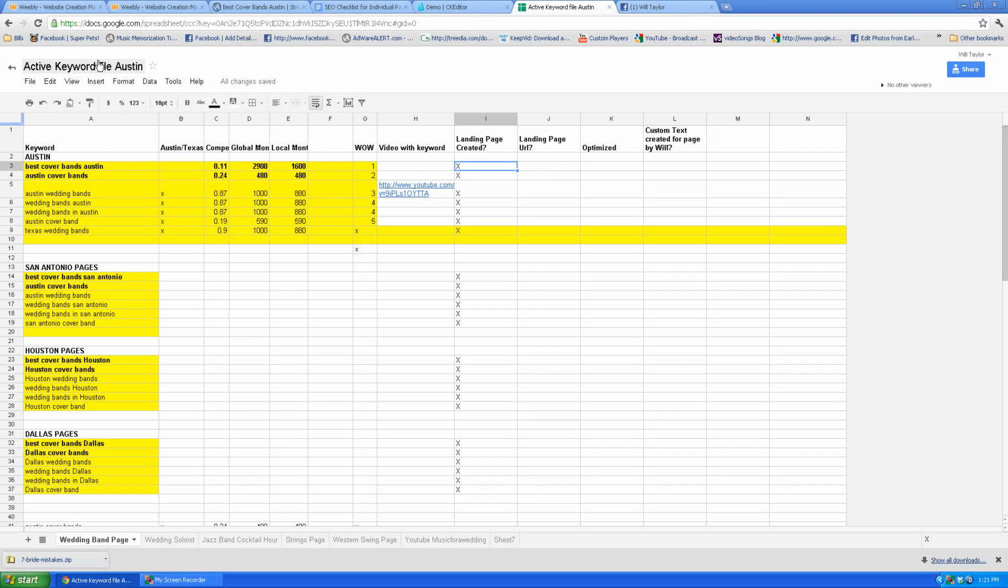As you can see on this active keyword file, over here on the left column we have the keywords, and then if you follow along the row you'll see some columns with different things. This one here says landing page created. You'll notice that we've created a landing page for almost every single keyword in this area, and then we have landing page URL. That's going to be the direct URL to the page for that keyword, and then if it's been optimized,